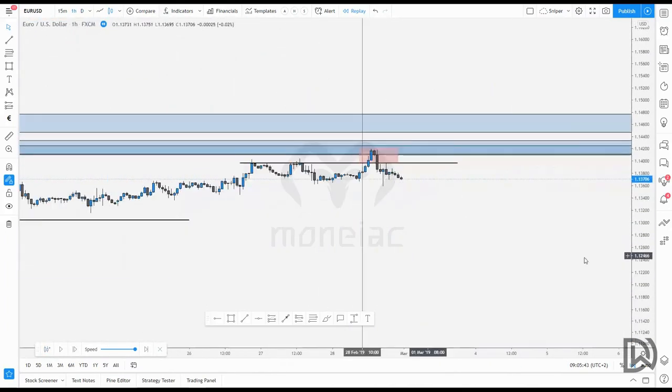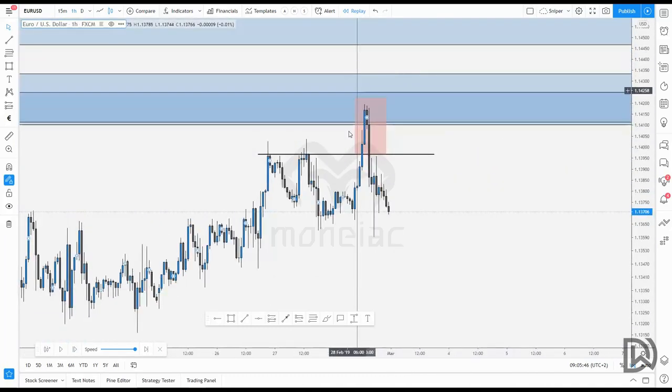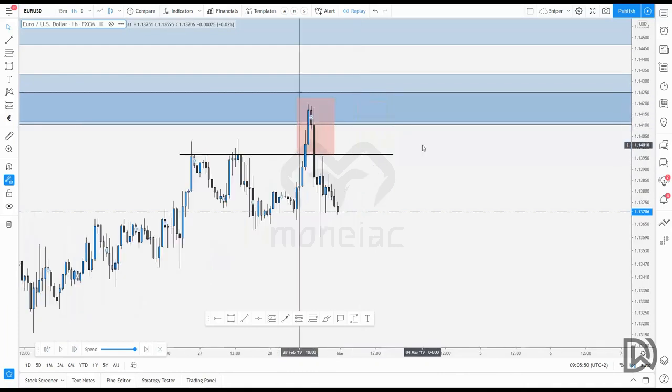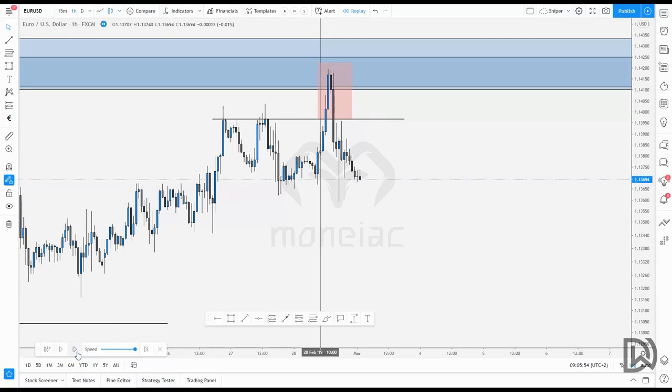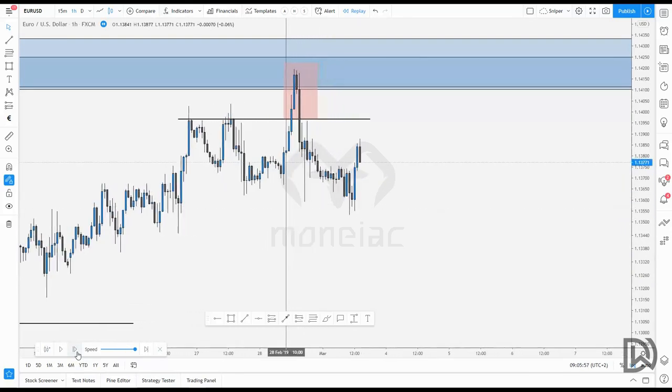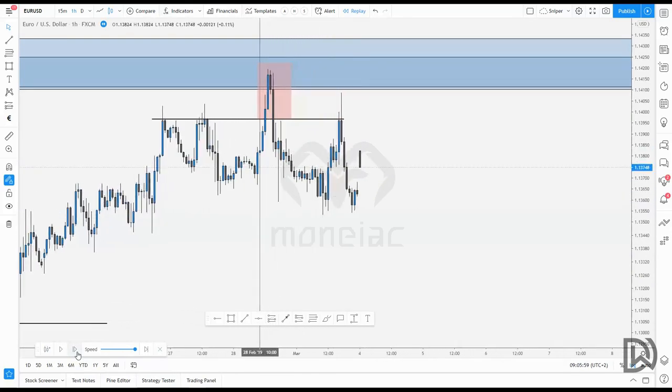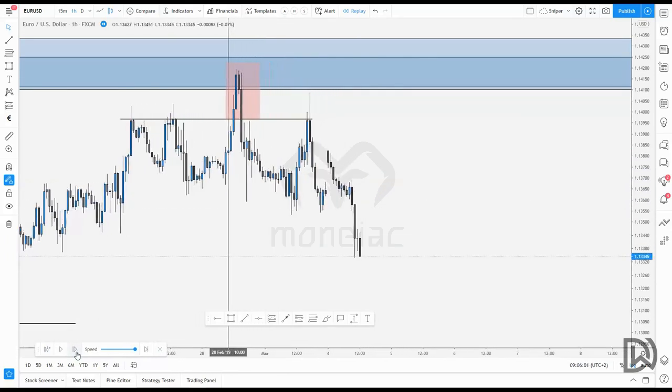We can go to the 1 hour. We can see price broke it, came back for a retest. In here we would have had opportunities, but unfortunately we can't see that now. And then a big push to the downside, price coming back one more time, and then eventually we started dropping towards